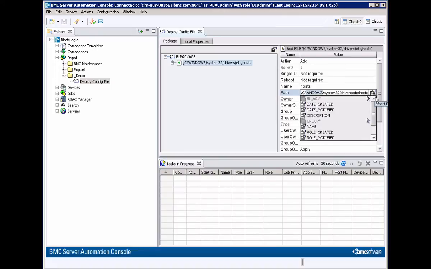A list of variables opens. Scroll down and click this arrow to the right of Target. Now you see a list of variables that can be applied to target servers when you are deploying changes. Select WinDir. Notice how this variable replaces what you selected earlier. When the host file is deployed to other managed servers, BladeLogic will replace the variable with the name of the appropriate directory depending on which version of Windows is running